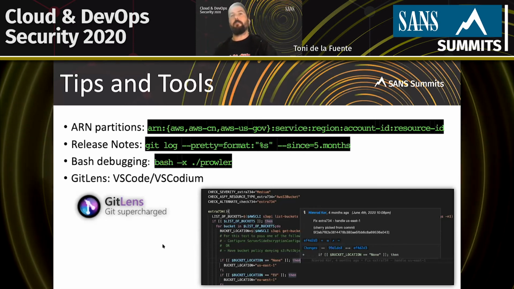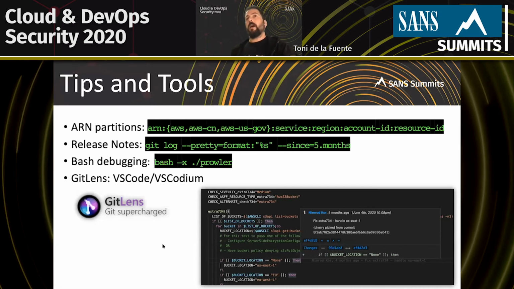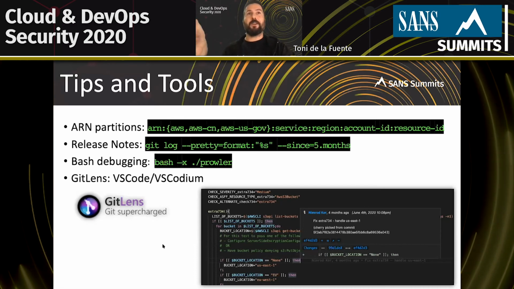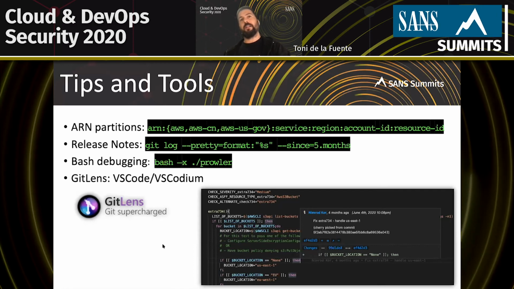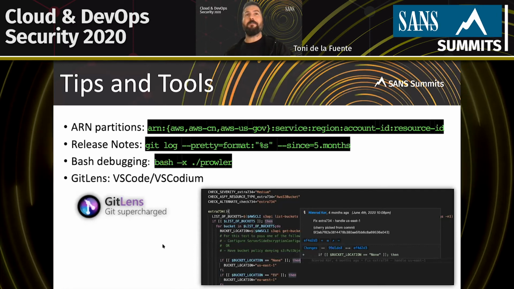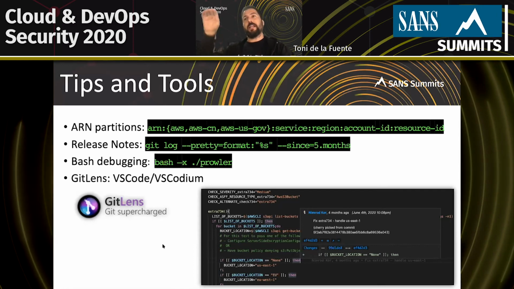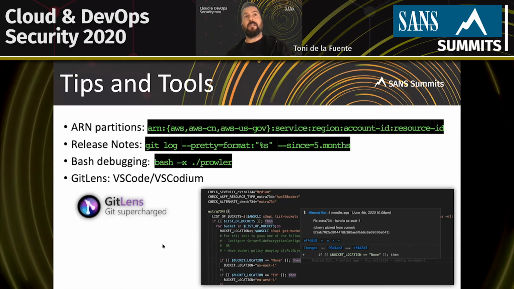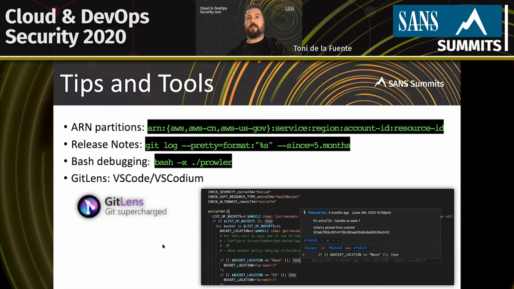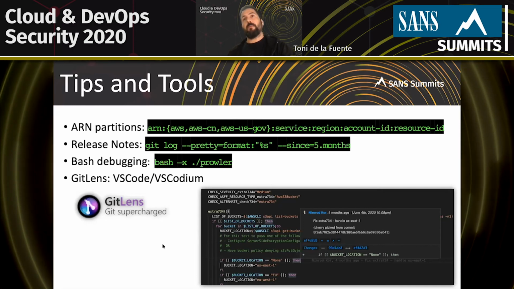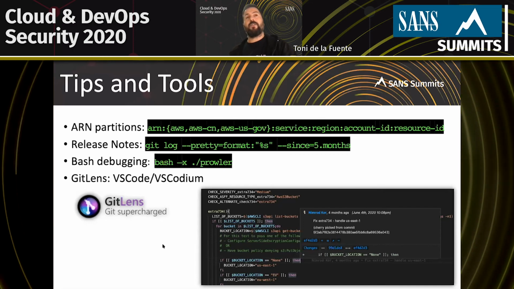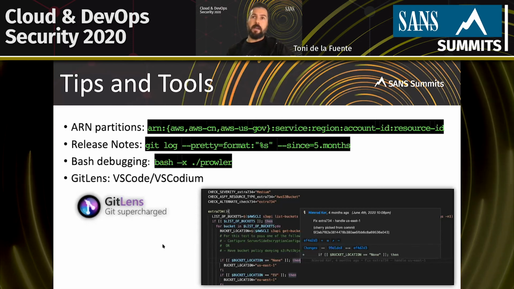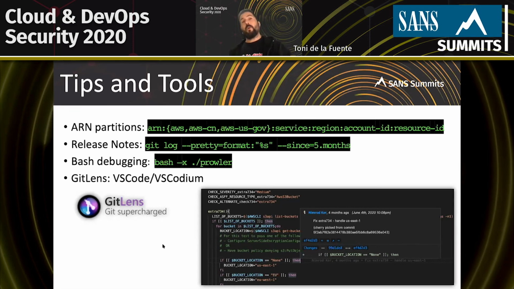Think beyond. If you are writing your tool, this git command helped me a lot, despite I don't do this very often. With this, you get at least the last 5 months of all the changes in the repo, the commits, etc. With Bash iPhone X, you can debug everything in Bash, which is very helpful. And when you do